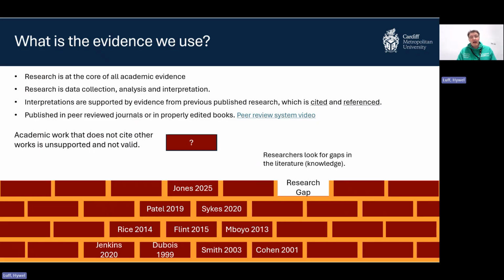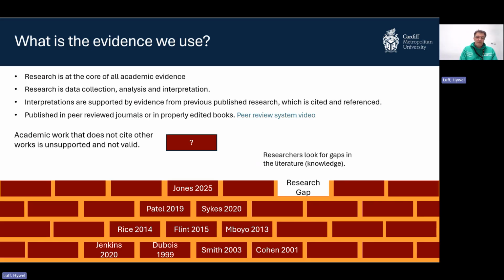It's how do we as human societies create knowledge? In this academic tradition, it's done through research and then writing and publishing. So data collection, analysis, and interpretation. And it's important to have all three of those things. So you collect new data, you analyze that data to see exactly what's in it, and then you interpret that. And the interpretation is